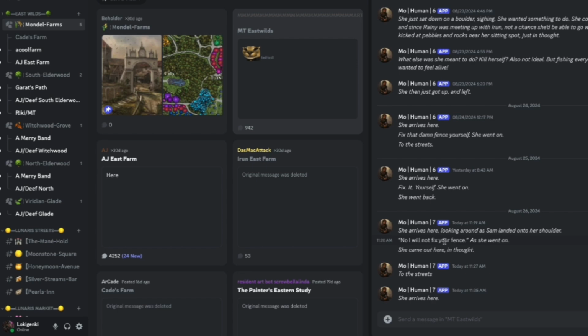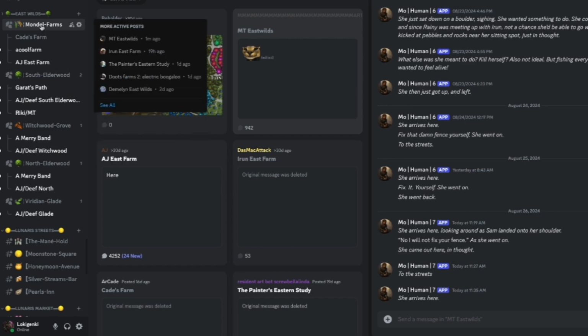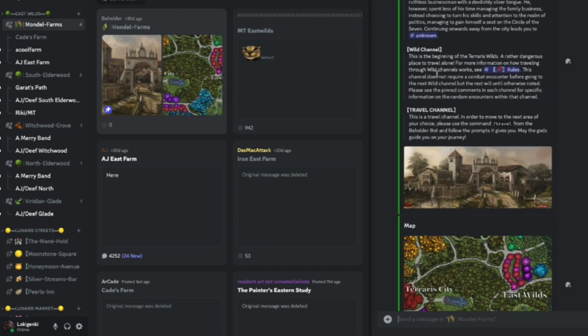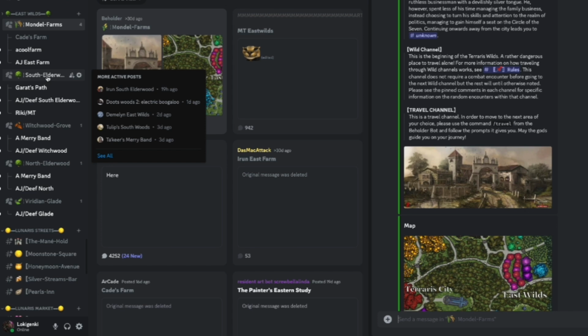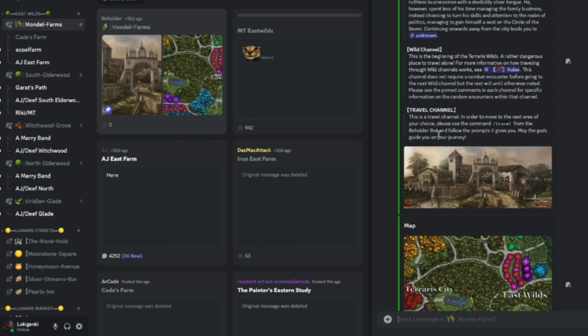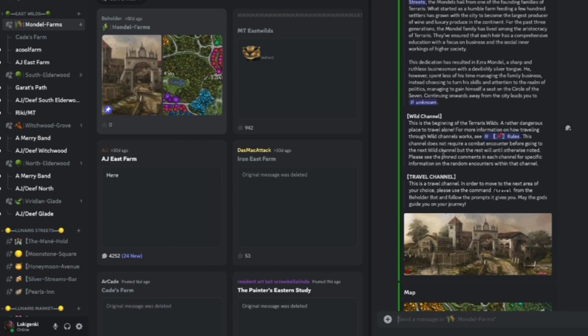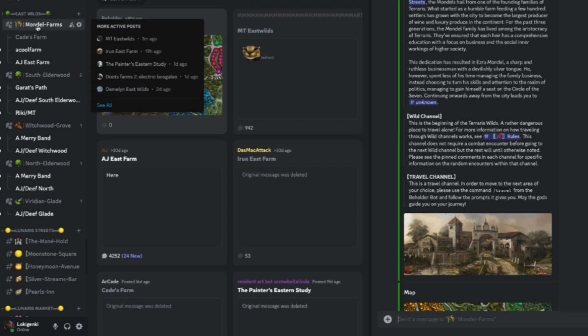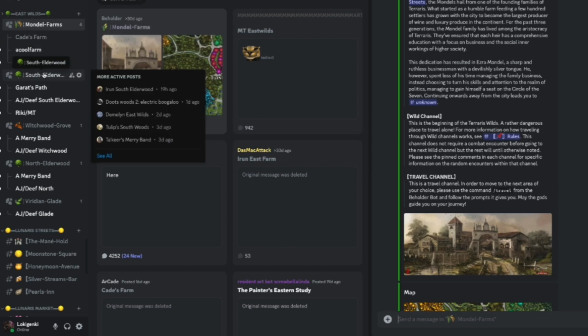The next piece of information that you'll need to keep in your head at all times, at least for the foreseeable future, is that traveling between wild channels like these that are tagged as wild channels, and encounter channels as well. So there's a difference between wild channels and encounter channels. Both follow the same rules. But to travel from one encounter channel or wild channel to another, an hour in-game passes. So that's something to keep in mind for